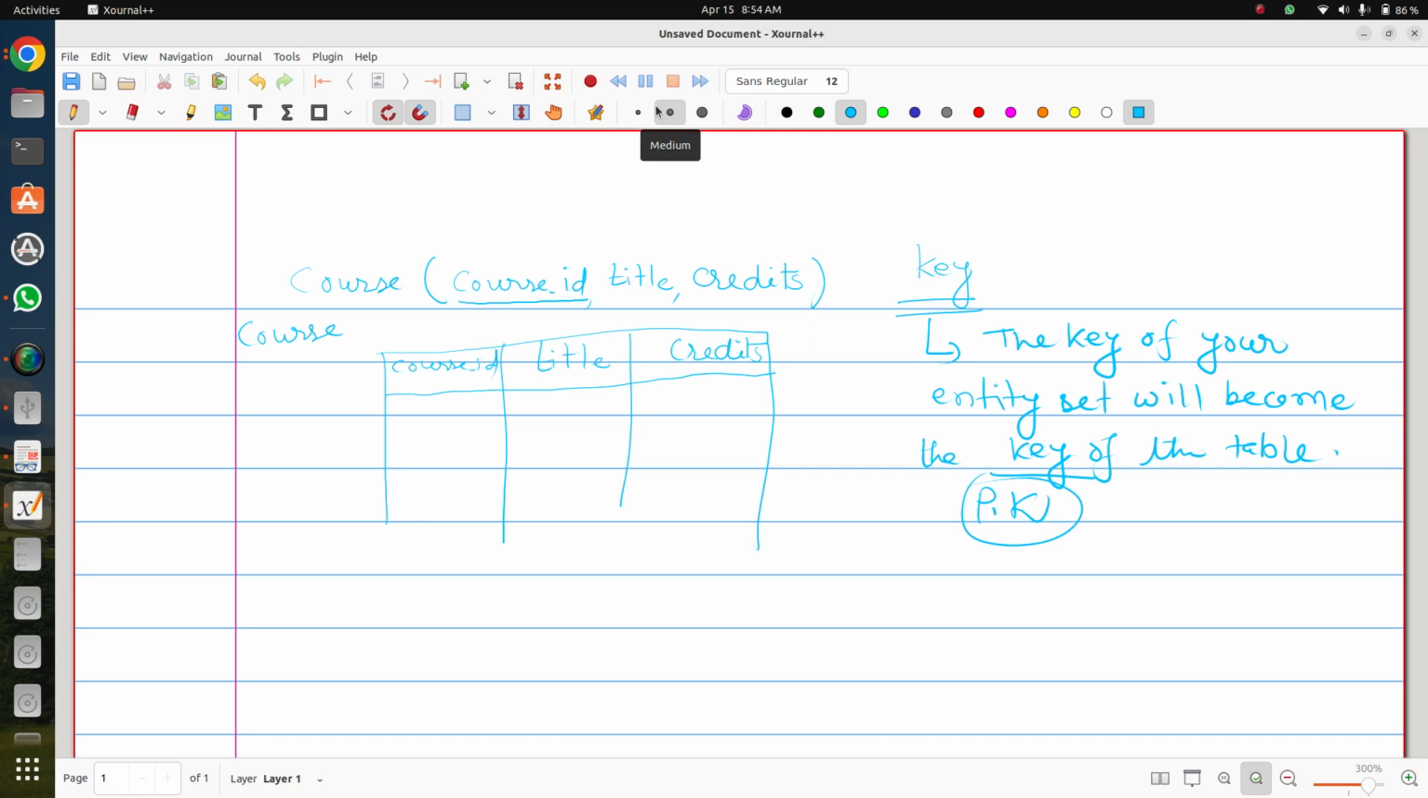Now you should also remember that we have discussed that an entity set can have different kinds of attributes. In this example, which was very simple, you were having all simple attributes. There was no composite attribute, no multi-valued attribute, no derived attribute. But in reality, in different cases, you can have different kinds of attributes. So let's understand, if an entity set has a composite attribute, how we will transform that entity set